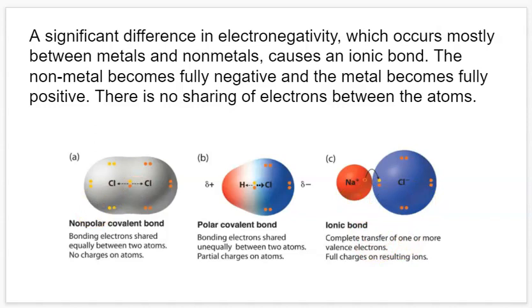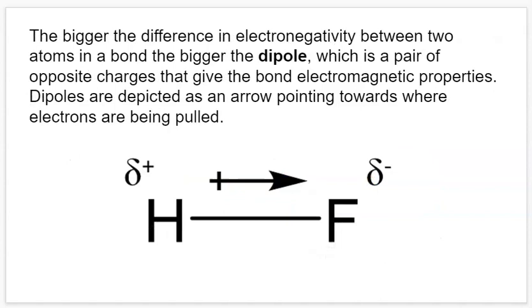And there are certain values of electronegativity that cause these different types of bonds, but it can be a little bit blurry sometimes. But you're going to be getting a worksheet on this, where you're going to be calculating electronegativity differences and characterizing bonds using that difference. But that's not the only way to think about it, and I'll talk more about what I mean with that in a sec. So the bigger the difference in electronegativity between the two atoms in the bond, the bigger the